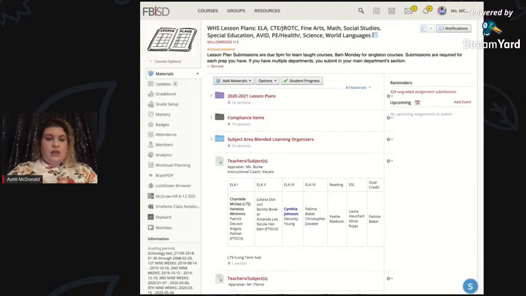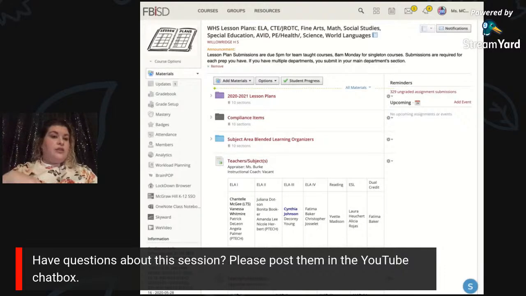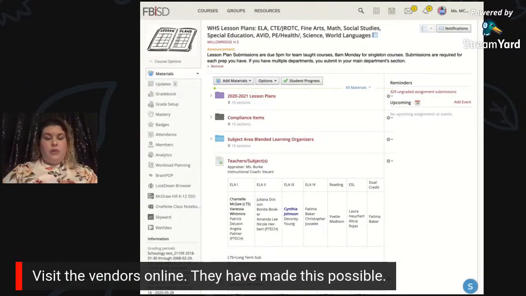And then again, this is an area where you might put in some kind of form. We're a Microsoft district, I know some are also a Google district. This is where, if you create forms for your teachers or administrators to use for evaluations and such, you can put all that info in one spot.